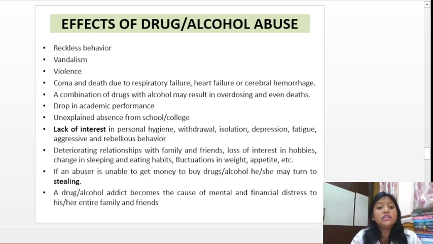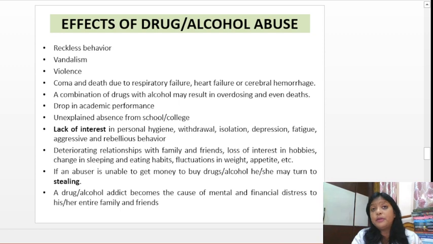Their weight changes, their appetite changes. Sometimes, if the person is not getting proper money to buy the drugs or alcohol, they may also turn to stealing. So basically, these are some of the effects. Also,